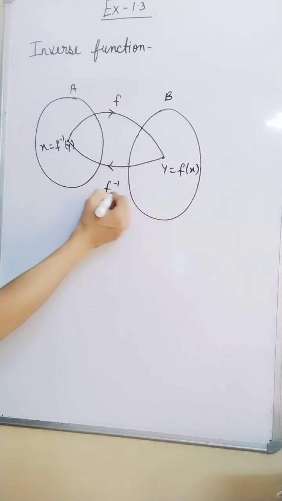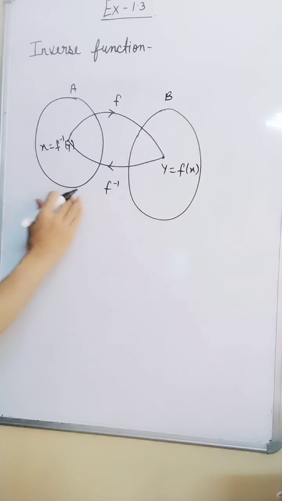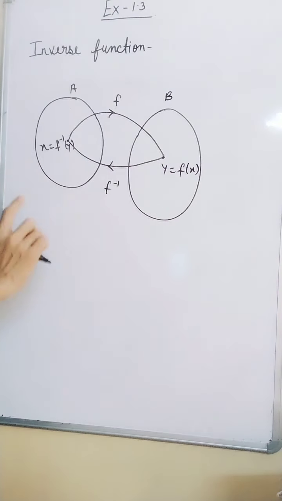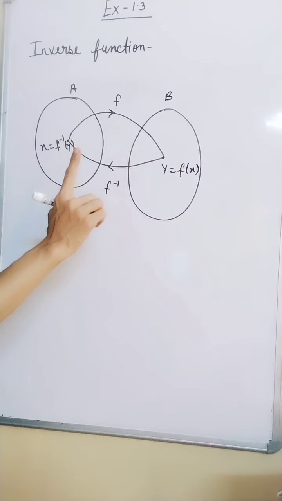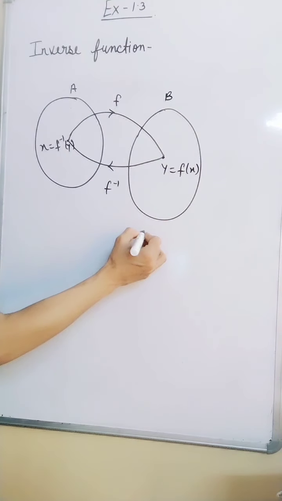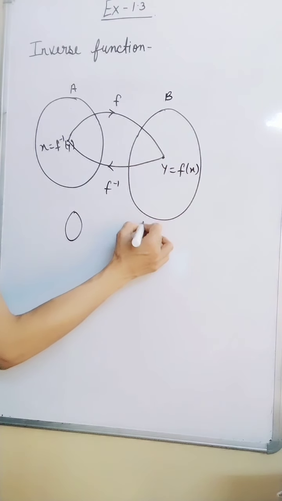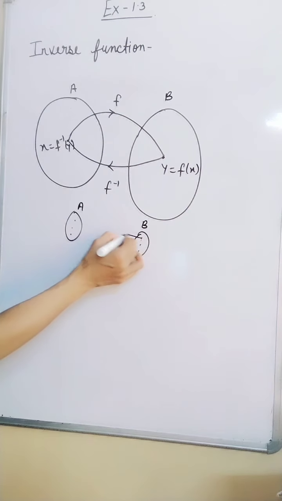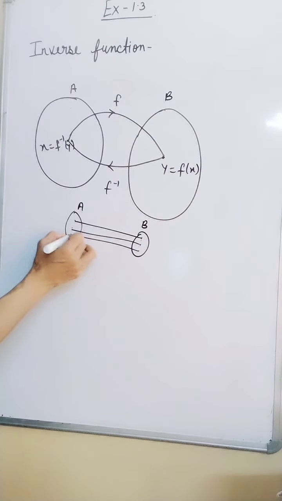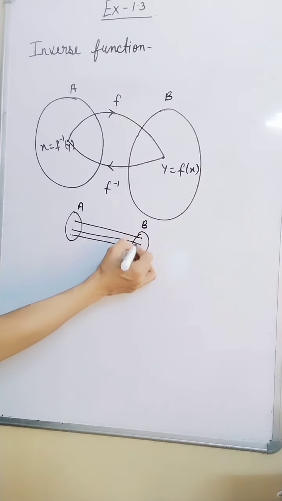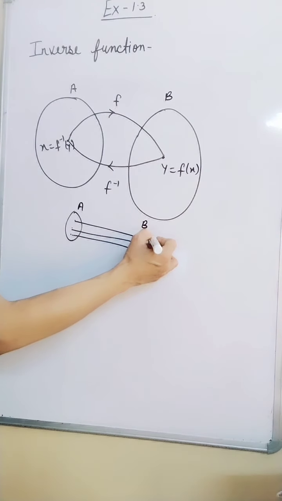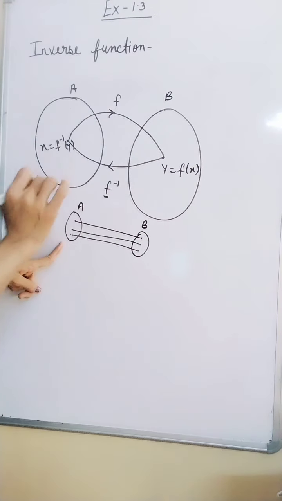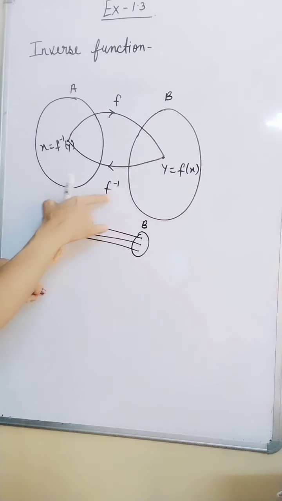I told you, if there exists. Why have I used this word? Because it is not always possible. Why? Because f inverse will exist if and only if the function is onto. Onto means each element of this set, suppose this is B and this is set A, should have a pre-image in this set. Then that function is onto. If this function is not onto, there may be some elements left out which do not have pre-images in that set. So I cannot define f inverse. So I can define f inverse if the function is onto.